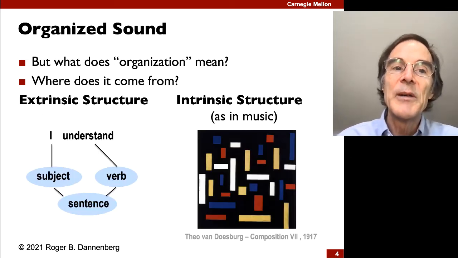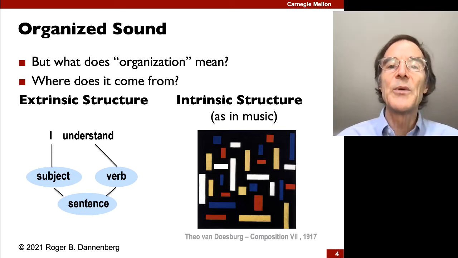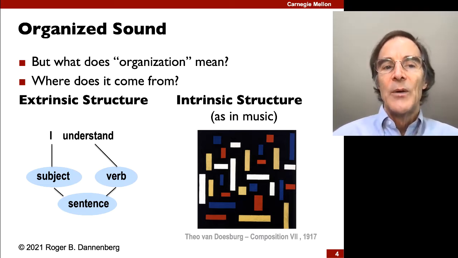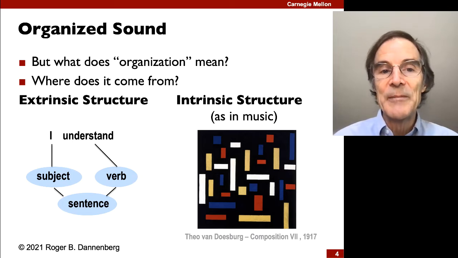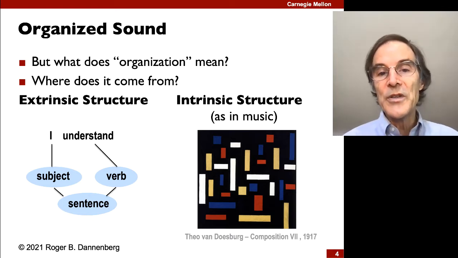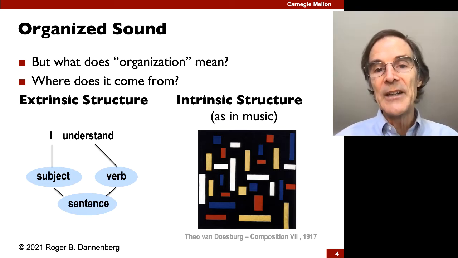So let's talk about music. It's often described as organized sound, but what does organization mean? And where does organization come from? Well, I think there are two basic possibilities. It either comes from outside of music, which I'll call extrinsic structure, or inside music. An example of extrinsic structure is natural language, where the words that we use have external meanings, and that brings a lot of semantics and structure